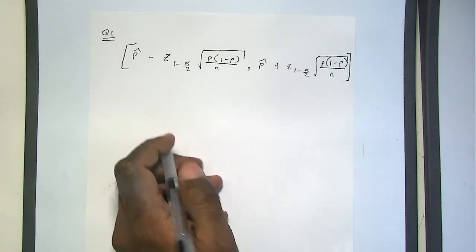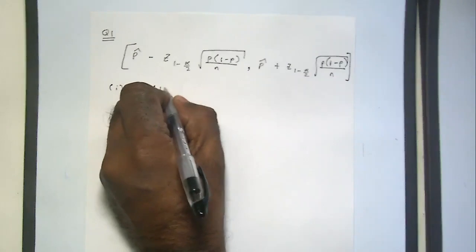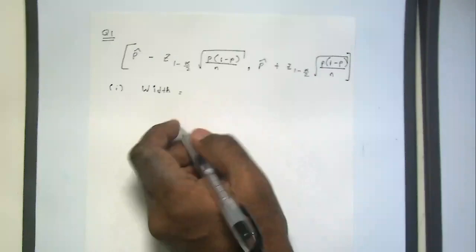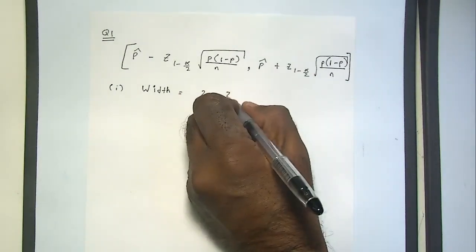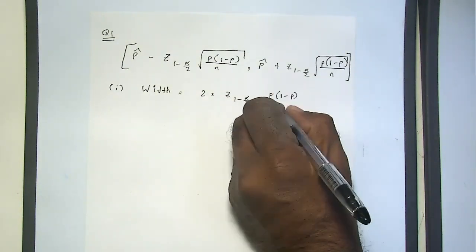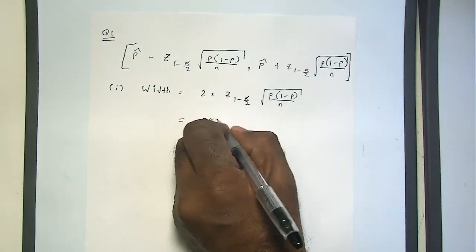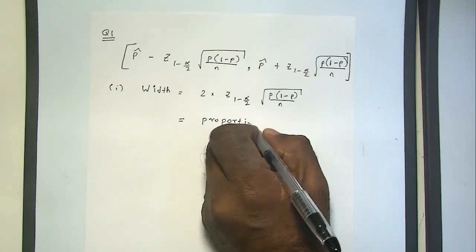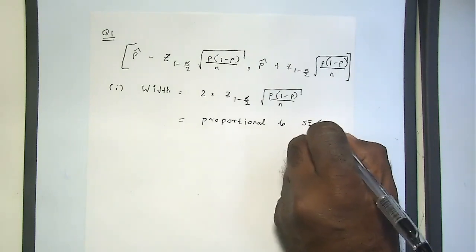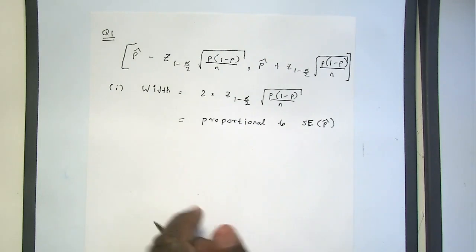Okay. The first part is to find the width. Now, obviously, the width of this interval is just 2 times this, right? So it's going to be 2 times this, and this is clearly proportional to the standard error. That's part 1. Part 2